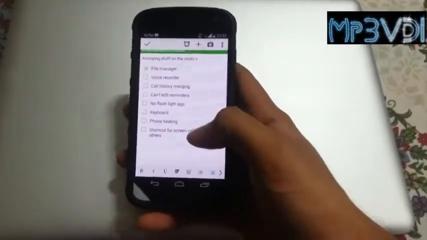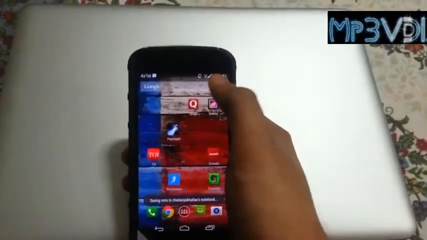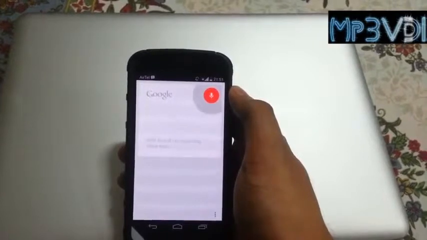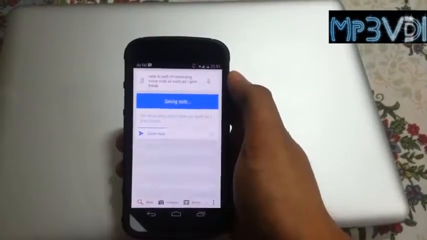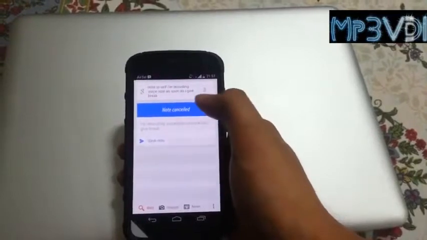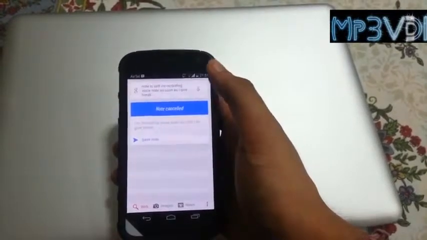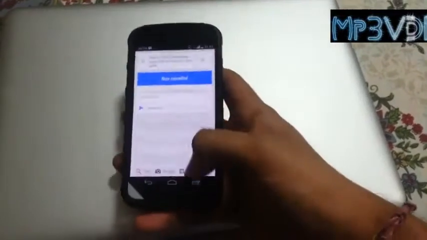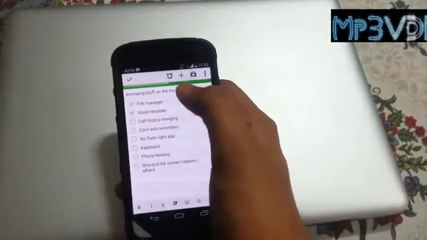This phone does not have a default application for voice recording, and a workaround for that I'll just show to you. Note to self, I'm recording a voice note. As soon as I give a break, now what is it doing? It recorded a voice note and it's going to email that voice note to me. As you saw, as soon as I gave a break, it stopped recording, and there was no functionality to pause it, then re-record, stop. As soon as you give it a break, it stops. So you really have to download a third-party application.